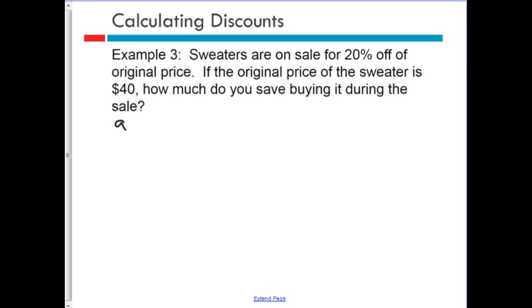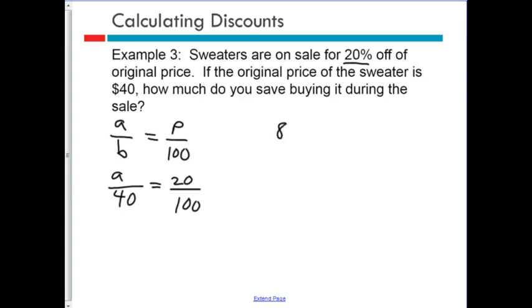So again, A over B, you're going to be tired of seeing this, equals P over 100. And I have A is what I'm looking for. The base price is 40. The P is the 20%. Again, it goes with the percent symbol. Sometimes that's what is easiest to fill in first. And I solve this. I'm looking for the amount of the discount, not the total price, the amount of the discount. So I multiply 40 times 20, and I get 800